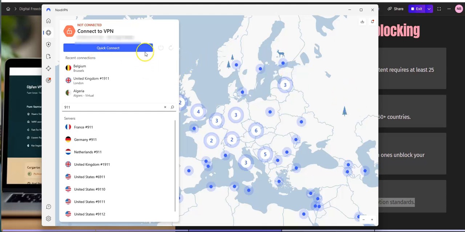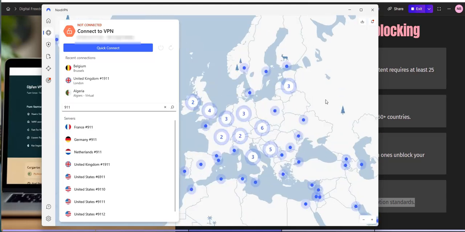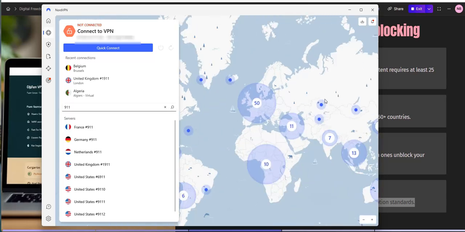Amongst others, but I do tend to use NordVPN the most. Here it is, basically the client software that sits in my taskbar. You can install the app on your smartphone, and it looks very similar to this. Basically, it has a big world map of all the VPN servers that are available, and you can connect directly